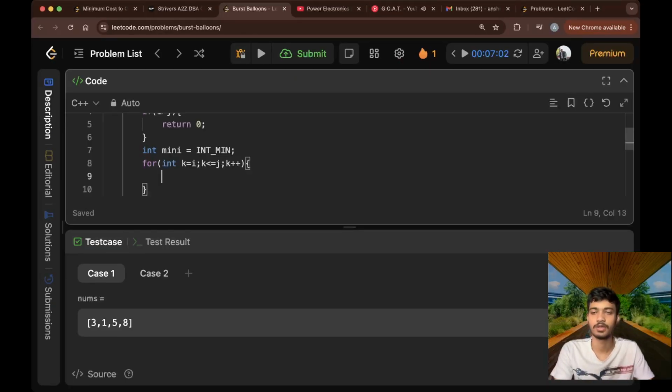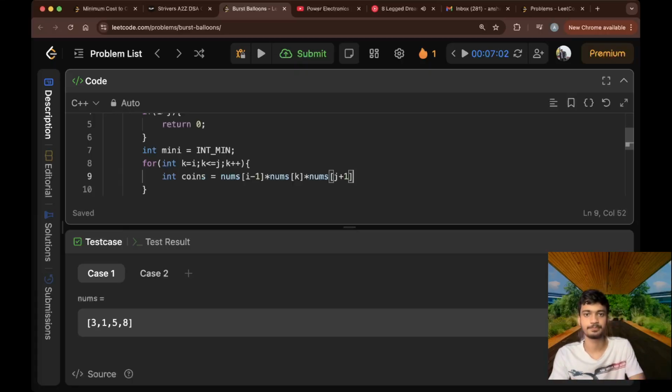So now, int points we are going to get if you break at, let's say, k, then it would be nums of i minus 1 multiplied with nums of k and nums of j plus 1, plus solve for